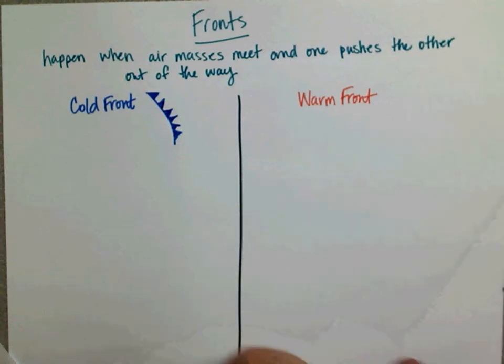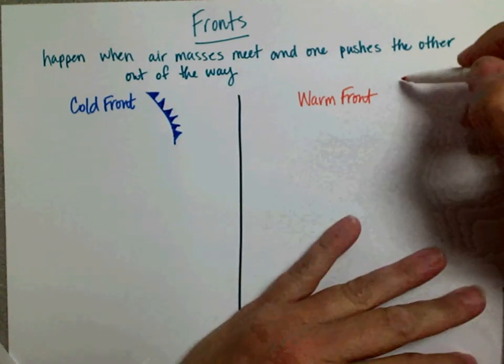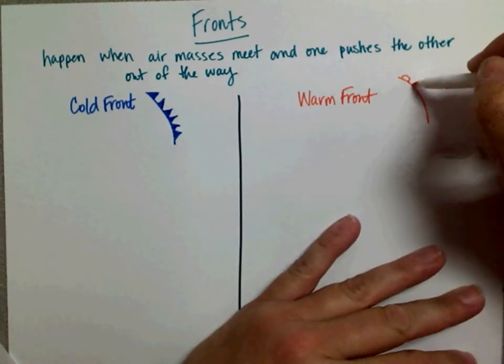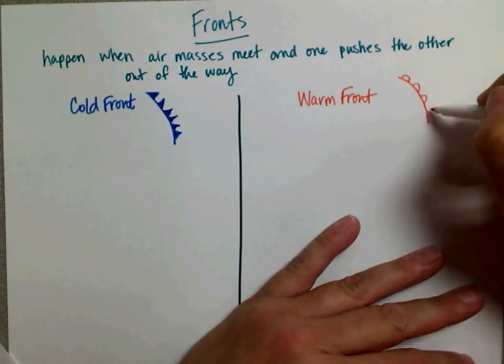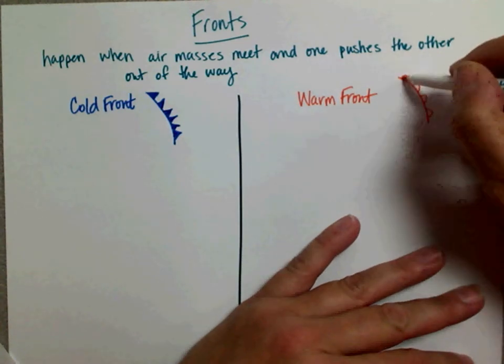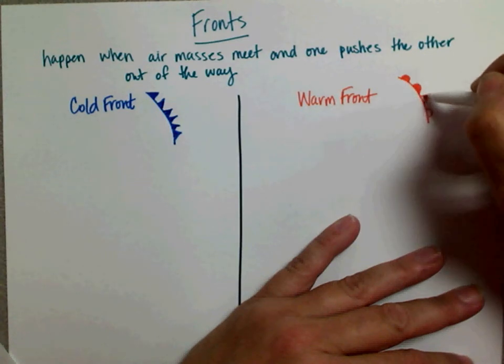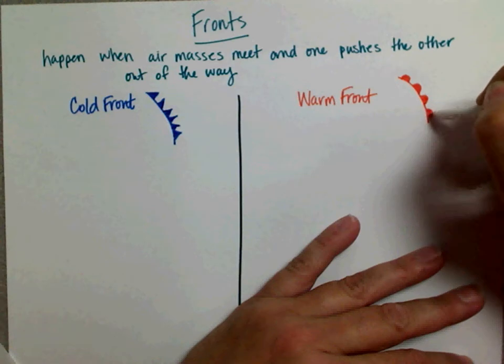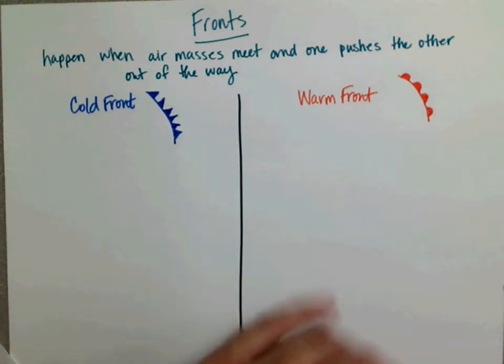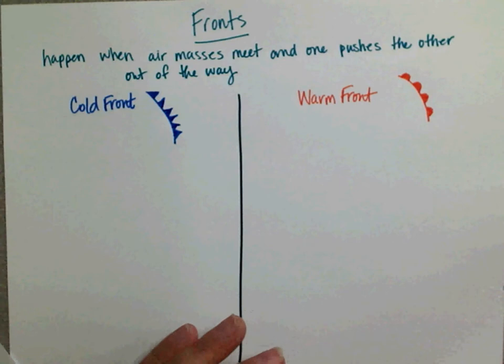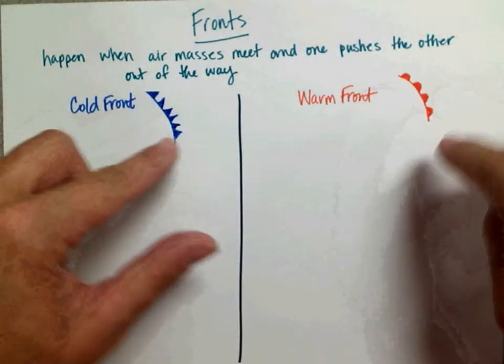And warm fronts have the little half circles. And I remember this because it's warm and these are like little suns, like suns coming over the horizon. That's how I remember it. So, we have our warm front and our cold front, right? Okay? And these symbols,